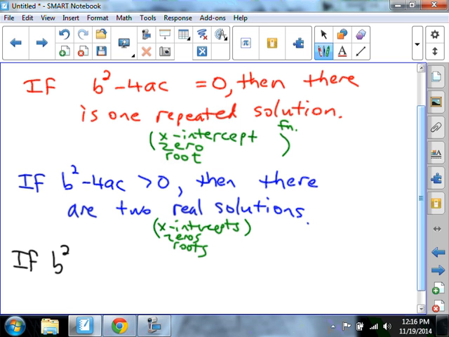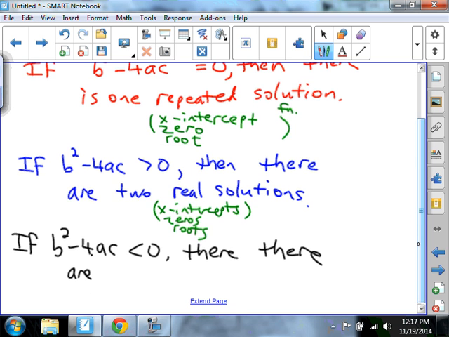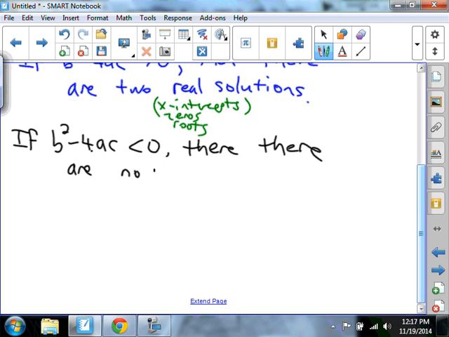If b squared minus 4ac is less than 0, then there are... We've got to be careful how we say this. Somebody said no solutions. You're right if you're in Algebra 1, but we're in varsity math. There's no real solution, and we could take that a step further. There's no real solution, but there's a big but here, and it's going to be a big but with just one T, not with two. But there are